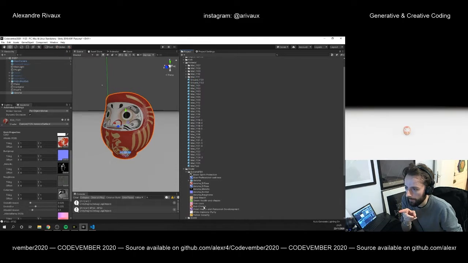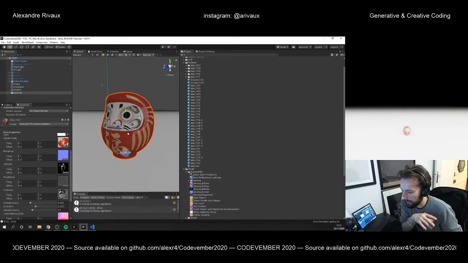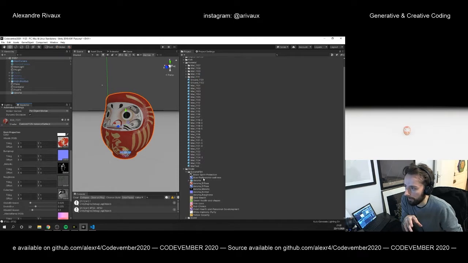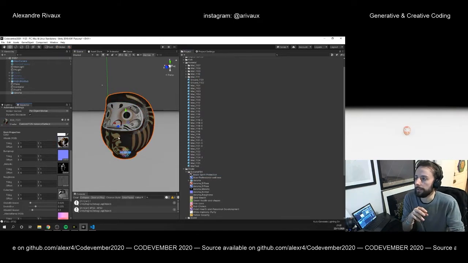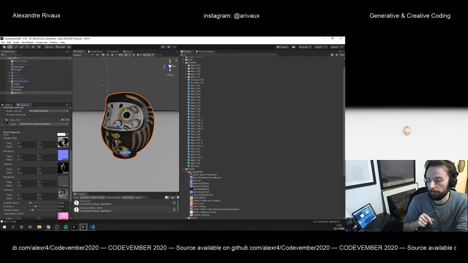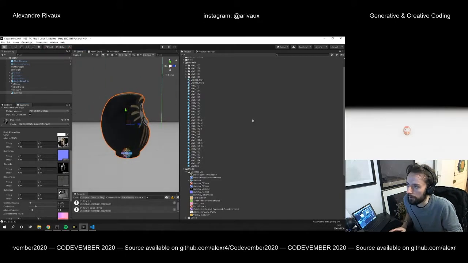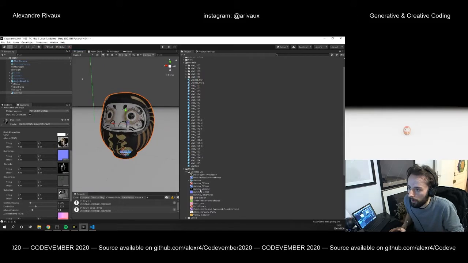Yes, this is it. The red, as we can see here, is the main one. You can see it everywhere in Japan. It's for chance, but we have a lot of different colors. Black and gold is for spirit protection. It's also really beautiful. You also have a blue one,